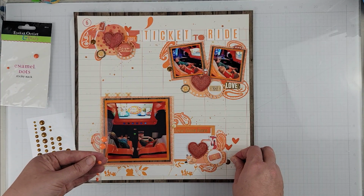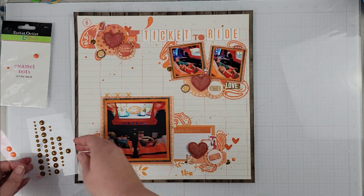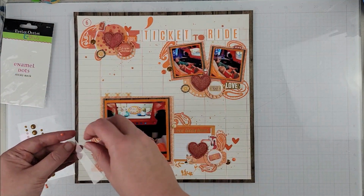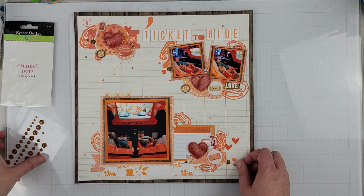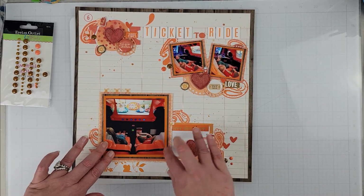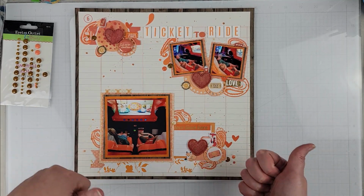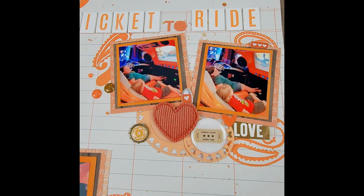To finish off the page, I'm going to add these enamel dots, and once those are down, that's going to complete this page. And so if you haven't guessed, these are my kids at an arcade in the Contemporary at Disney World, and so this was one of their favorite arcade rides to go and play in the arcade. So here are the still photos,